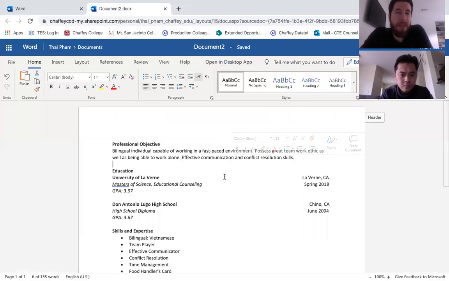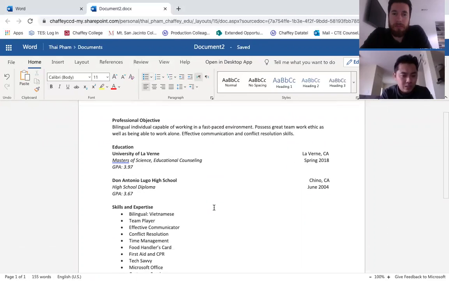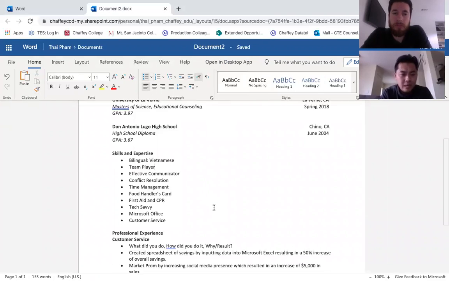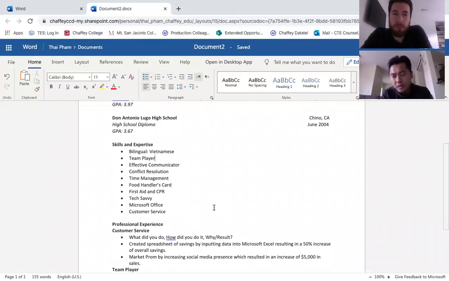Quick question before we end this. What do you think about cover letters? Cover letters are great. Cover letters allow you to expand more about yourself than just seeing a bullet point. Let's say I want to focus a lot on one bullet point here, I can use that cover letter to go into that. Some employers may require a cover letter, some may not. It depends on what they are asking for, and you really want to give them what they're asking for. And you can definitely go above and beyond and still provide one of those too.